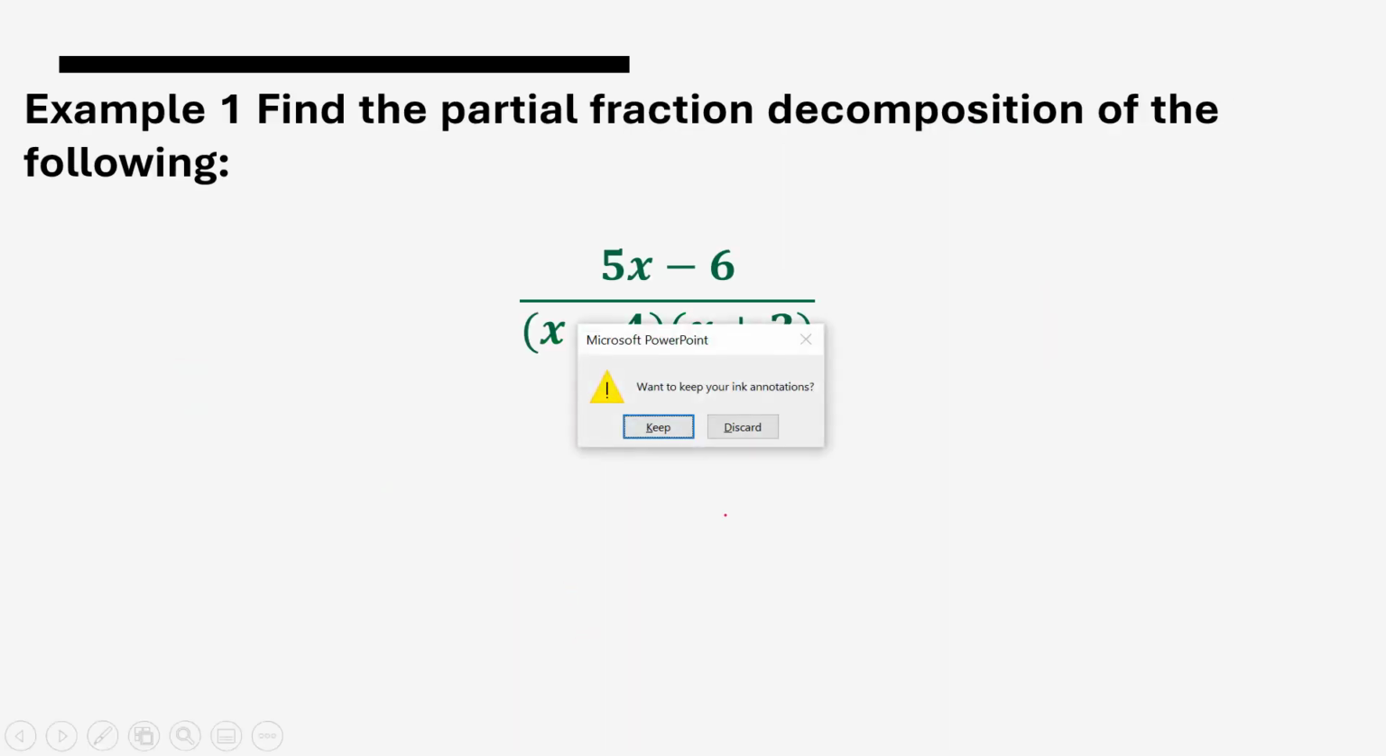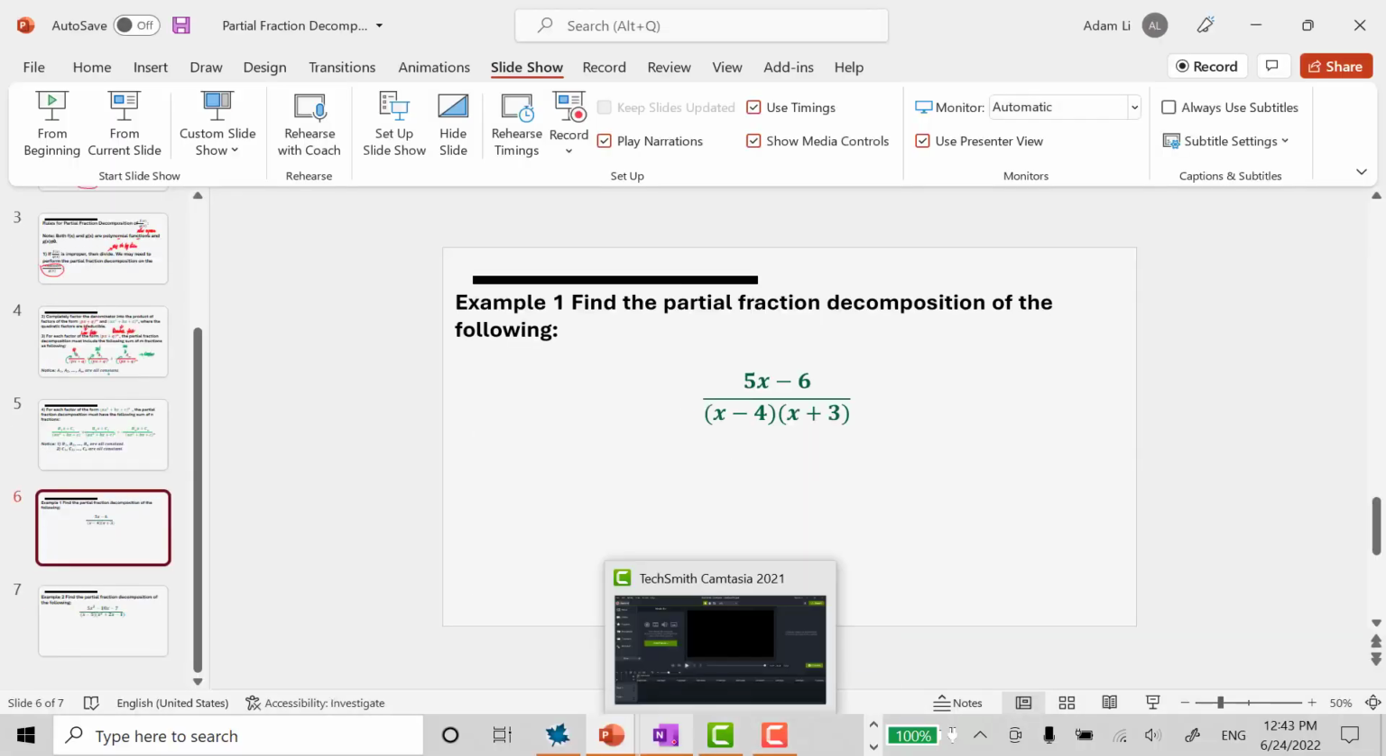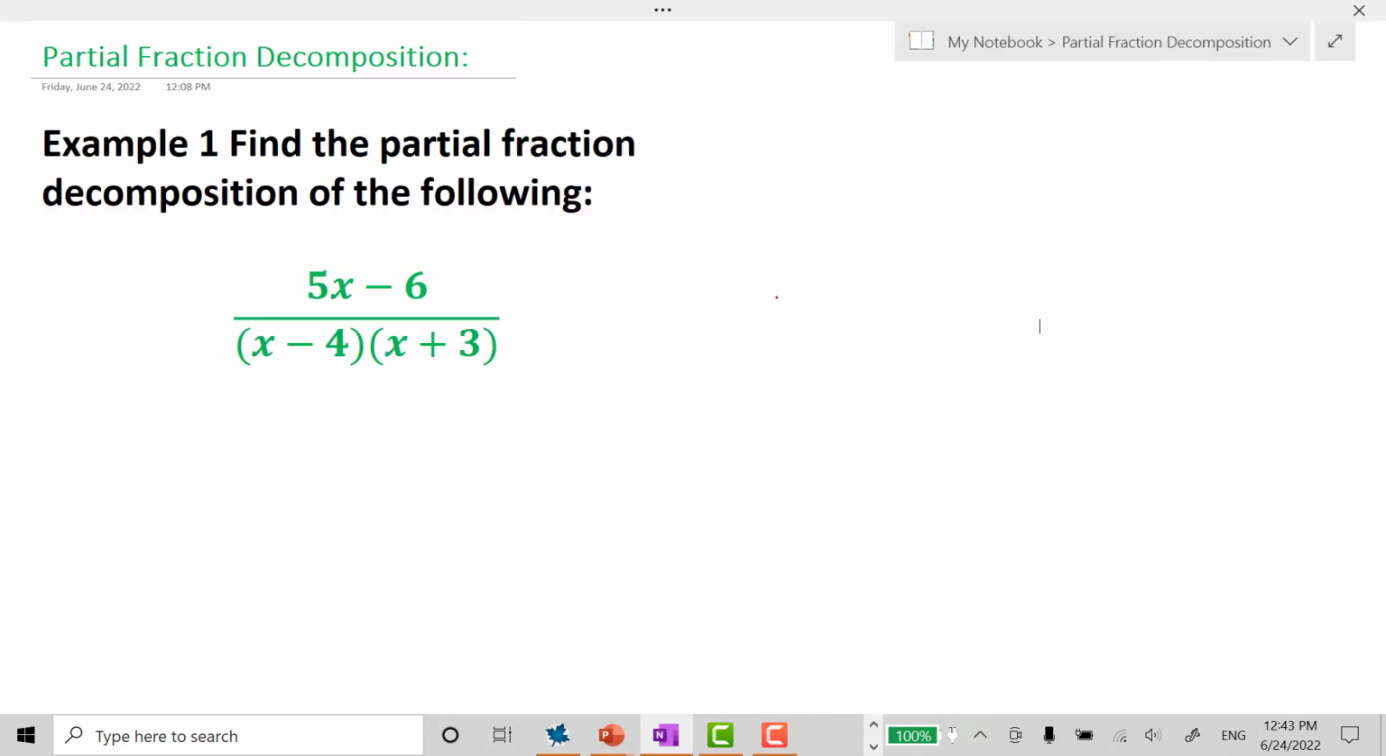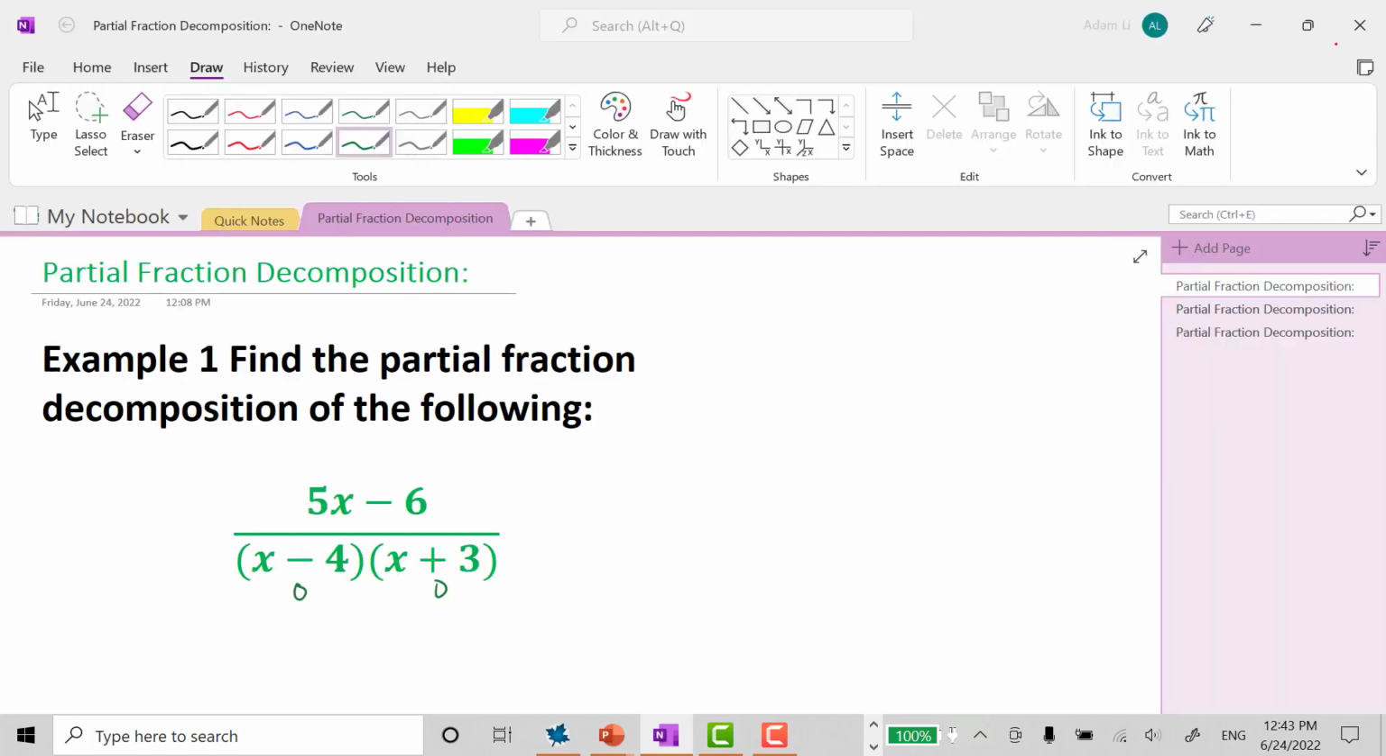I'm going to take you to the note, and now we're going to look at the first example here. In the first example, we want to do the partial fraction decomposition of the following rational expressions. So right here, you look at the denominator. If you look at them, they are both